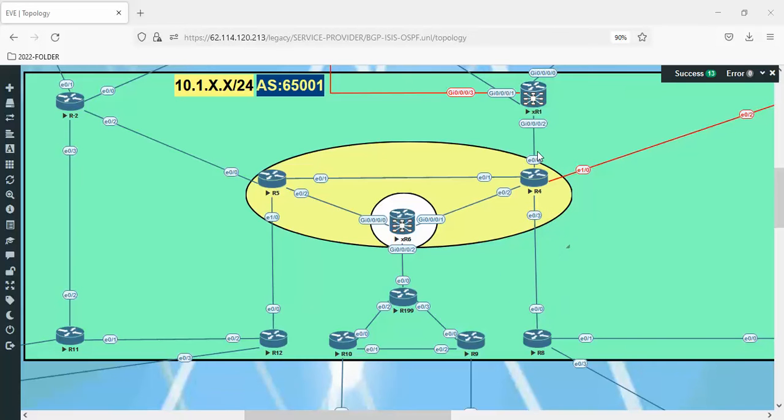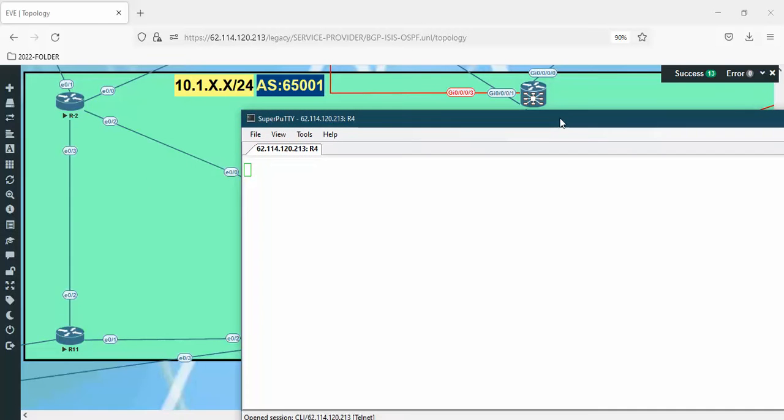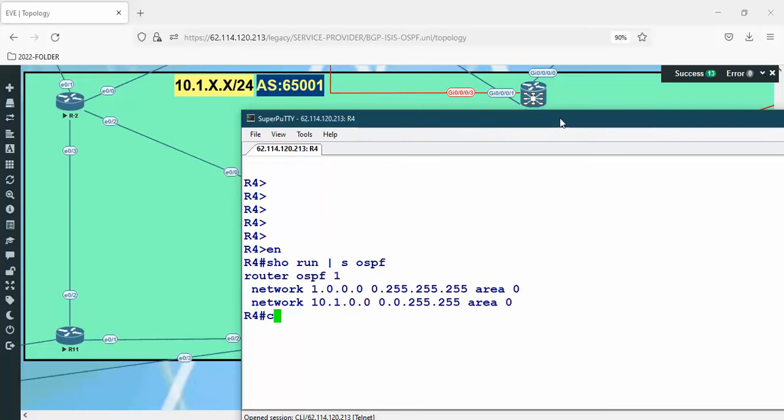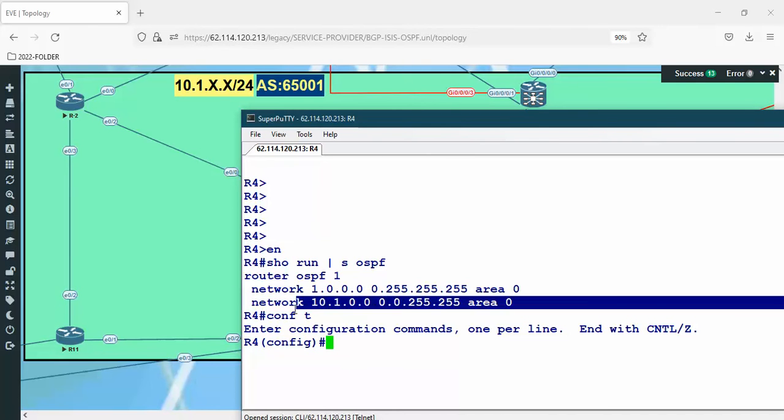Let's configure router 4 as another ABR linking area 0 to area 400. Okay, so I'm going to router 4 now. I'm deleting the configuration and reconfiguring it again as an ABR. So show run, section OSPF, delete the OSPF, or actually delete this, because this is